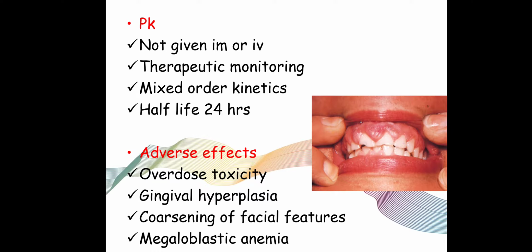Now what is therapeutic monitoring? You have to monitor its plasma level. Usually the normal plasma level of phenytoin is 10 to 20 microgram per ml. If the patient is maintaining this level, then usually we consider that it is safe. Now this kind of anti-epileptic treatment requires lifelong treatment, right? It is not that you have given it for 1 month and the patient is cured. It requires lifetime management, so the drug has to be given lifetime.